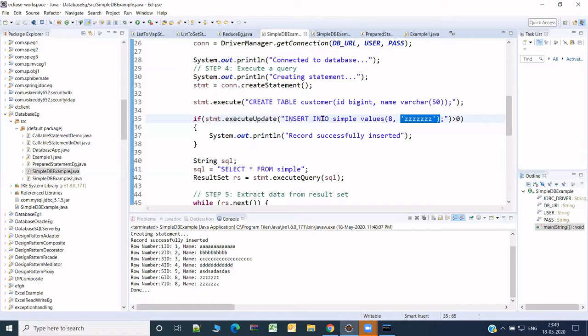See here, for example, I am inserting a record. Let us assume I am inserting 10,000 records. In that case, I need to use 10,000 insert into simple values statements, maybe in a loop or whichever way. Okay. So the disadvantage is every time the statement is being parsed and the value is being set and then it is run by MySQL. So there will be a slight performance cost. The reason is every time this needs to be parsed.